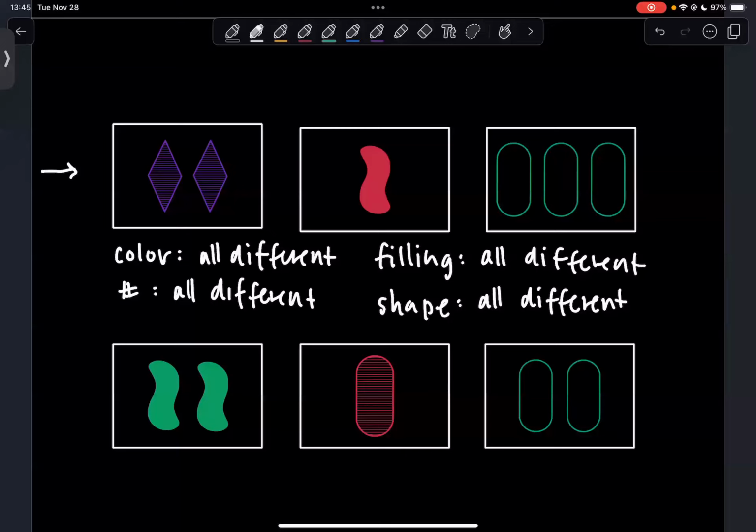Something else to note is that we can't have all of the characteristics all be the same, because then we wouldn't have 3 distinct cards showing up, right? Because as soon as they're all the same, they're the exact same cards showing up. And in our deck, all the cards are going to be unique. We don't have any repetitions of our cards. So we can't have all the same, but we can have all different characteristics here.